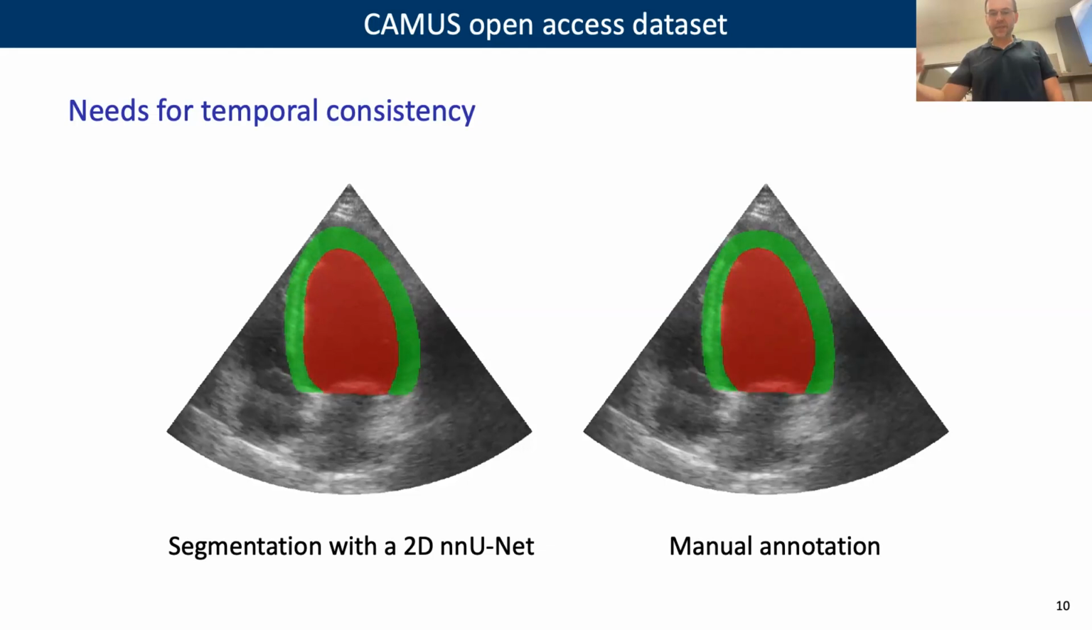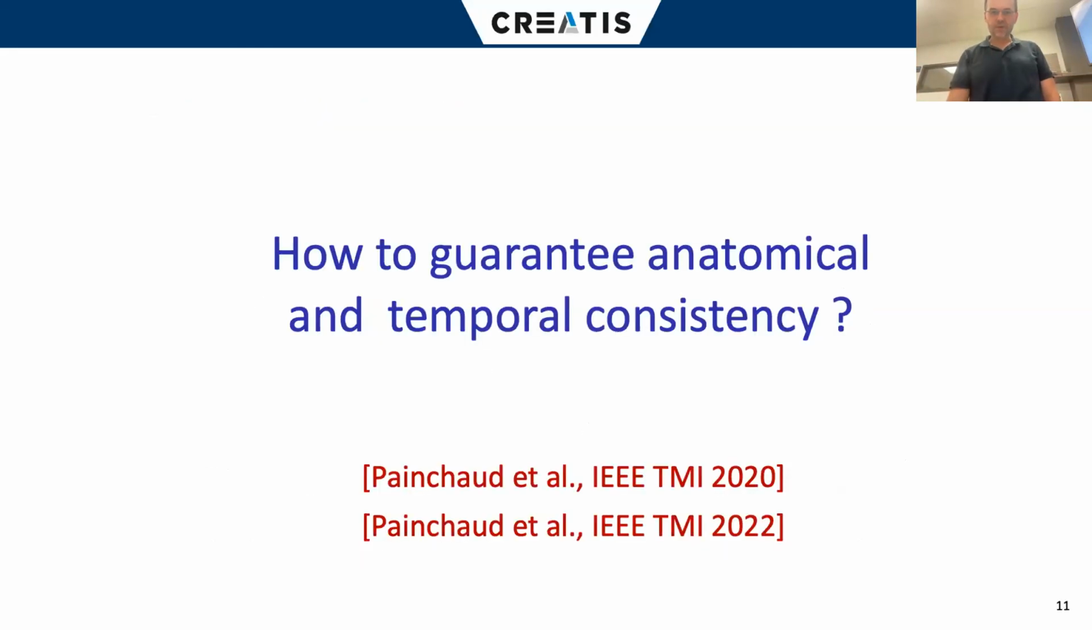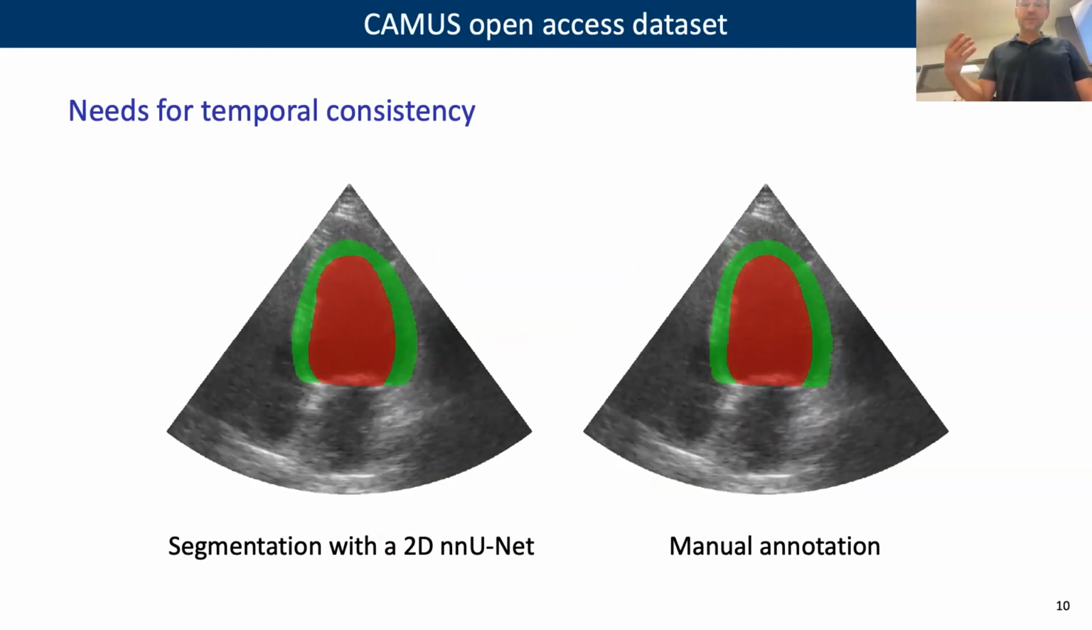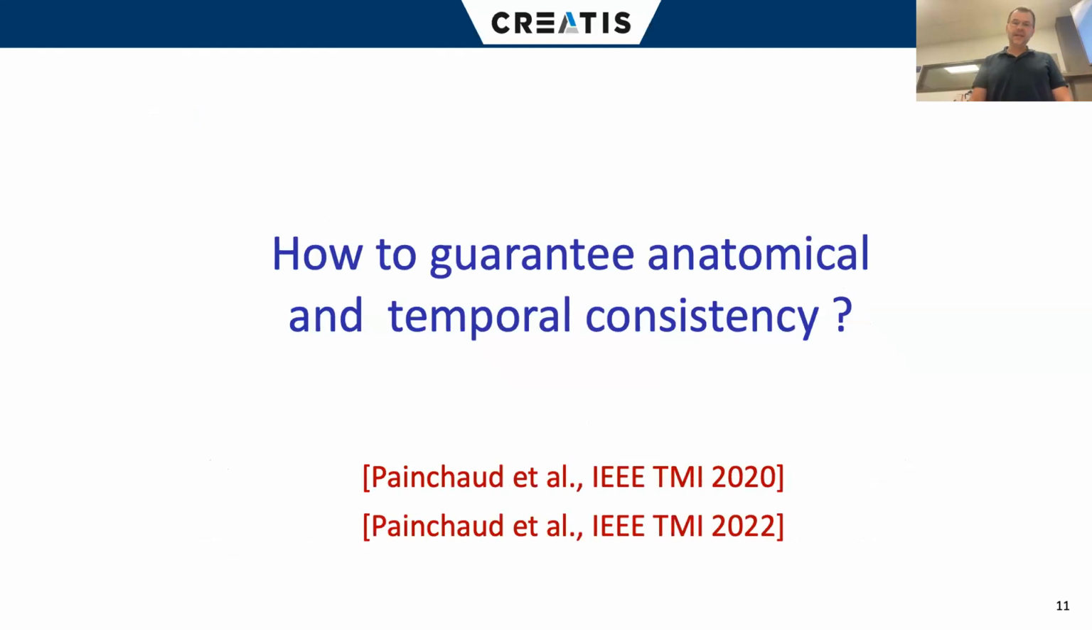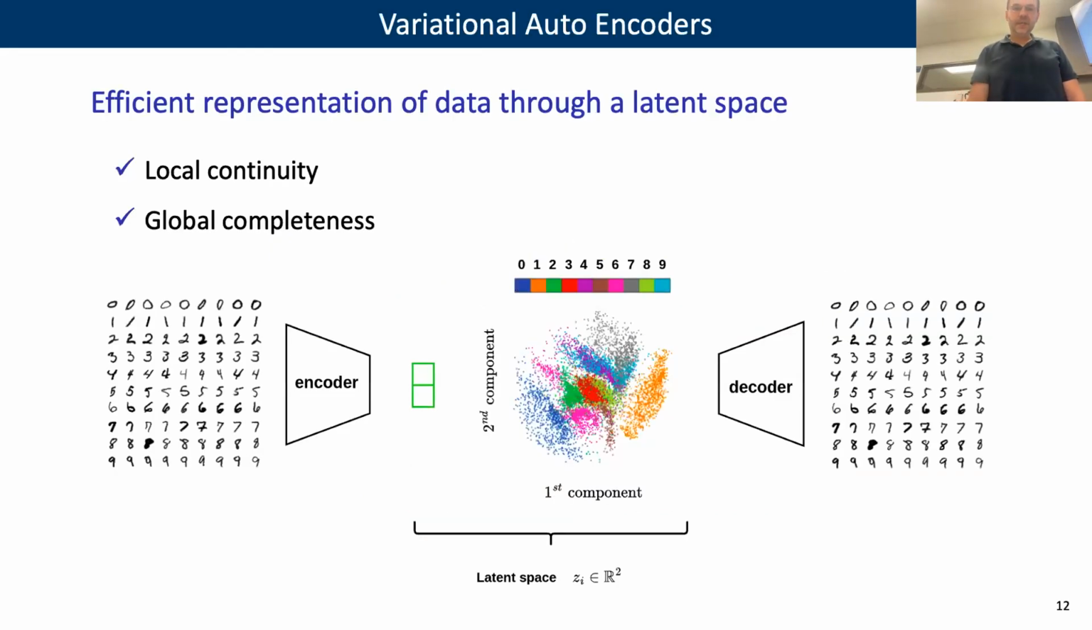So this is the next step from where we go: how to guarantee anatomical and temporal consistency. Right now, I discuss a lot about temporal consistency, but also sometimes, even with an nnU-Net, you could have anatomically strange things that happen in a few cases. It would be very great if you can guarantee that you will never have that kind of mistakes or singularities that happen. So to do that,